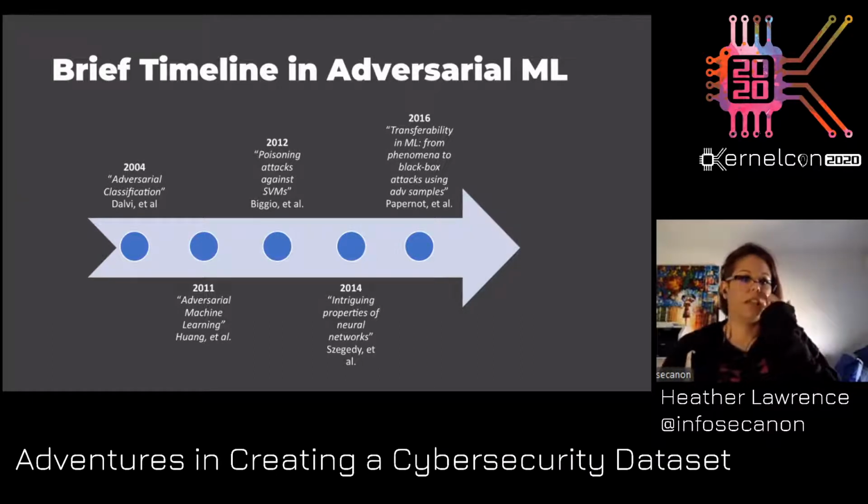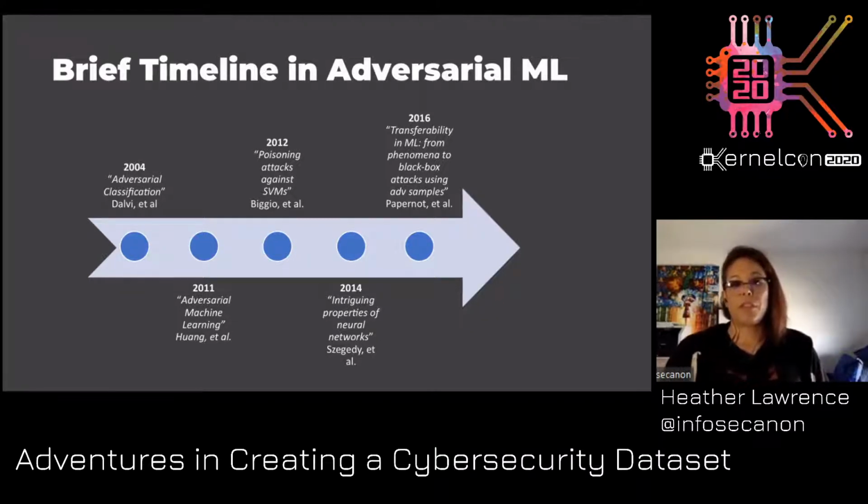Adversarial machine learning came out in 2004 with a seminal paper from Dalvi et al. It's called Adversarial Classification, and it's basically the seminal paper for adversarial machine learning. It's the first time that particular phrase comes up, and they talk about adversarial examples later on that can be used to make a machine learning algorithm make the wrong decision. And that's the basis of what adversarial machine learning is.